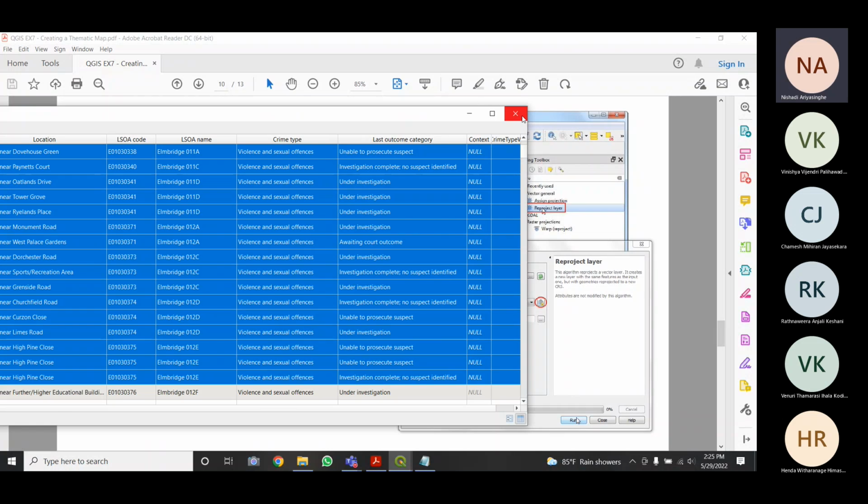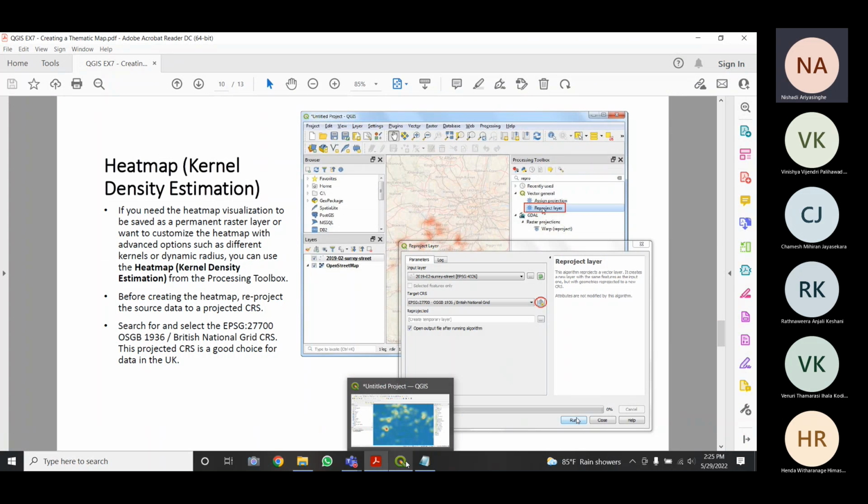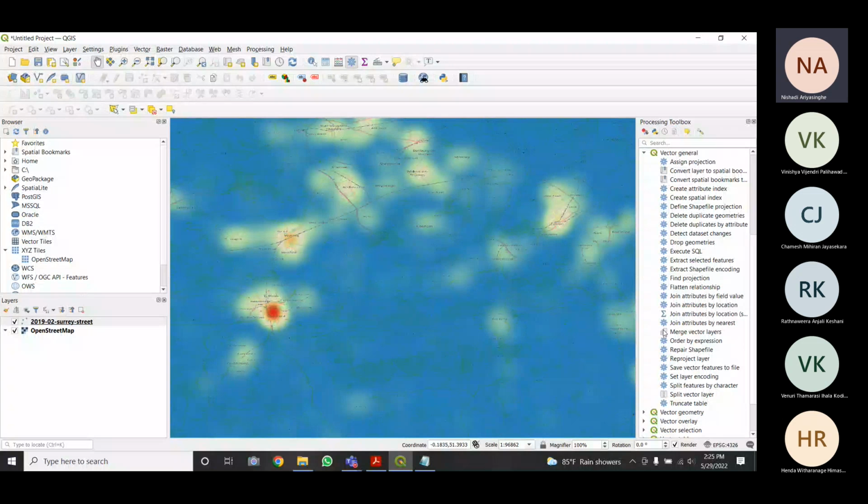I'm going to close this, and under the processing toolbox, so this is the processing toolbox, under the vector general you have reproject layer.